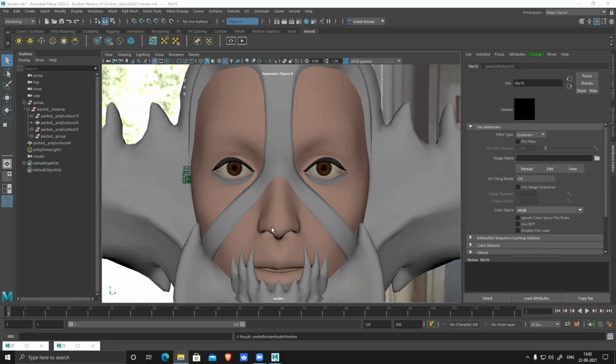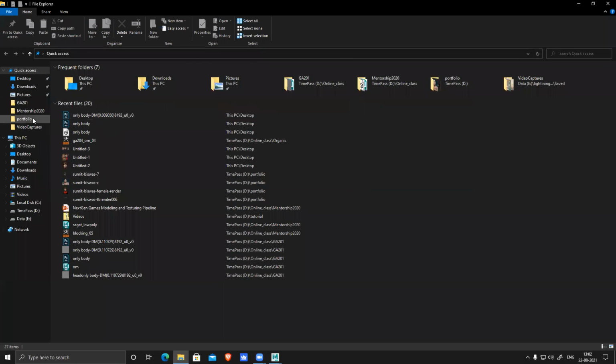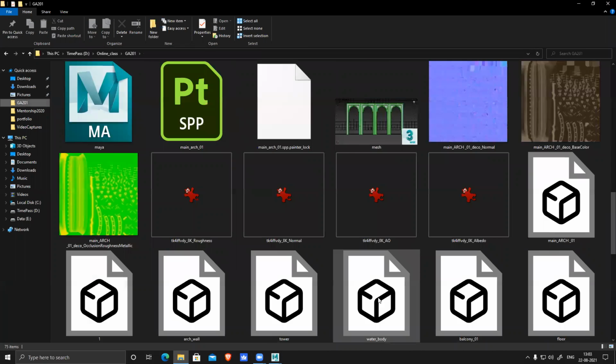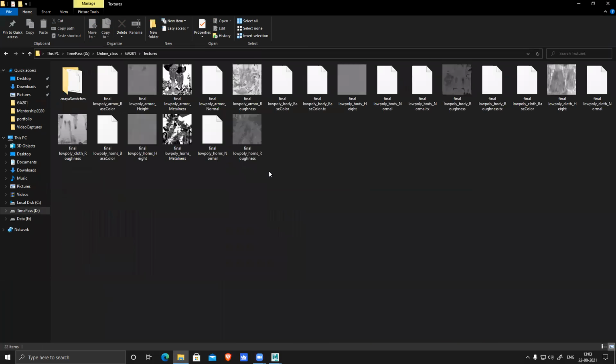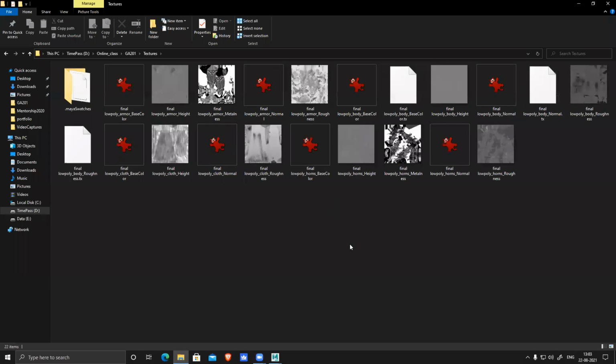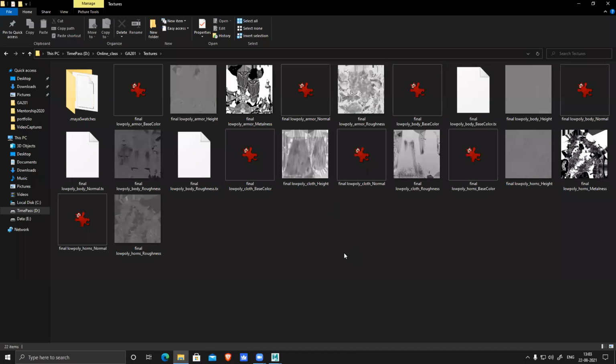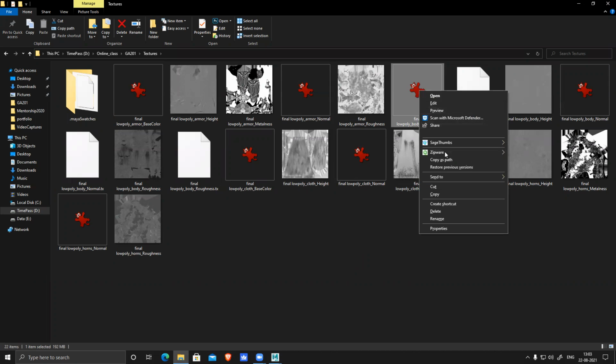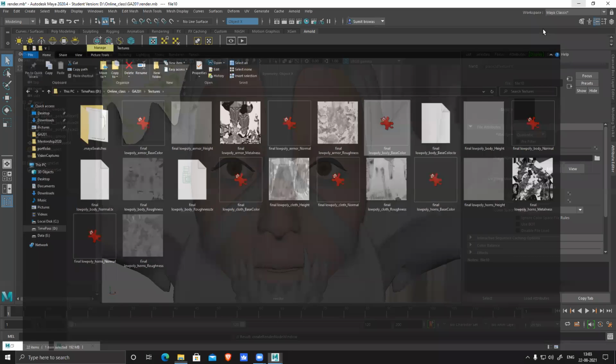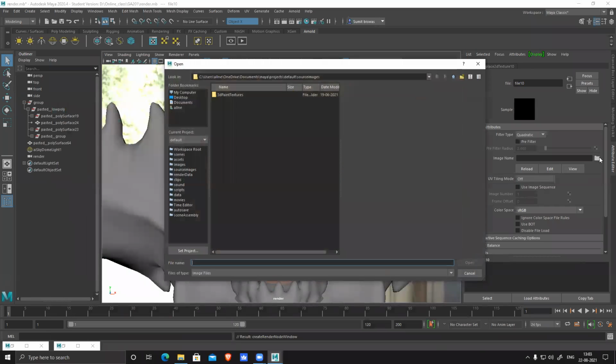I have already exported all the maps in 8K, just to show you, because it gives better result, better detail. So I have body base color. Shift right click, copy the path, and open this and paste the path.